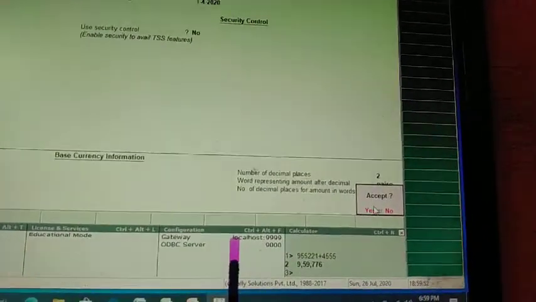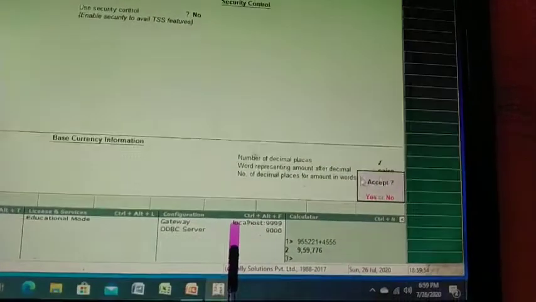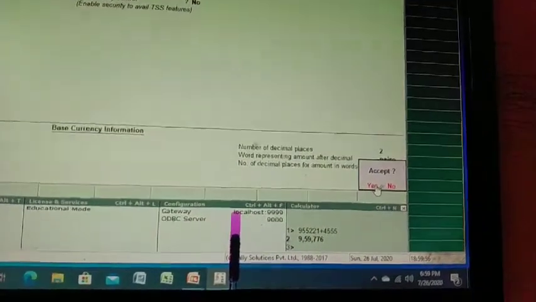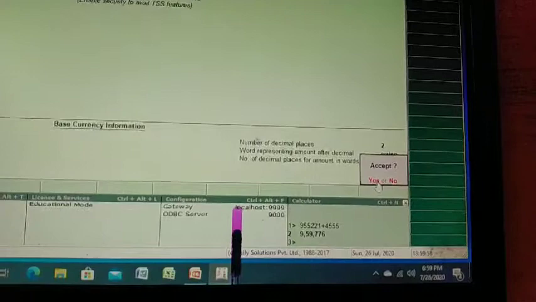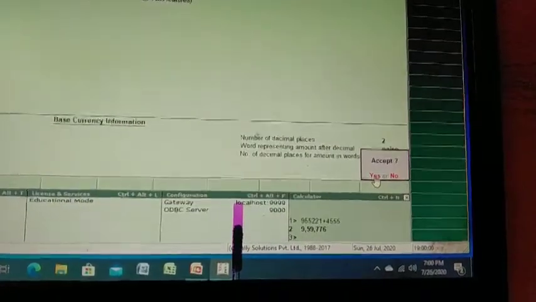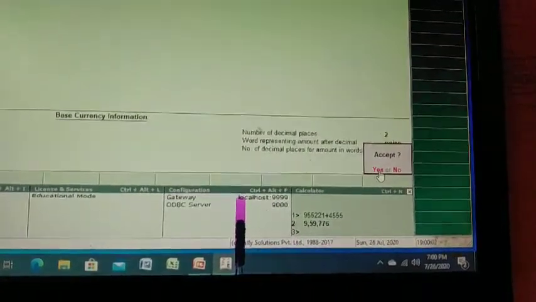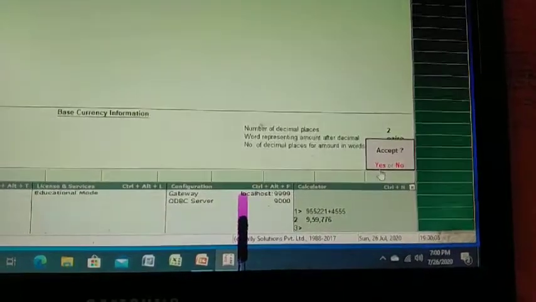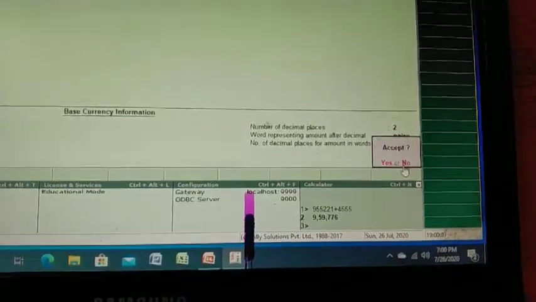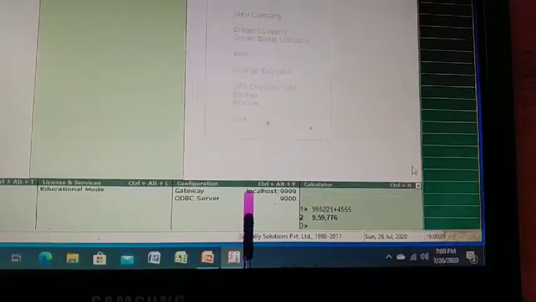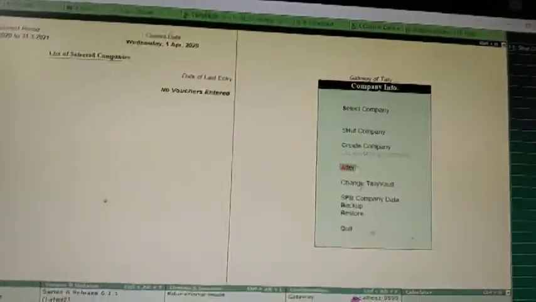You have to press enter, and when you get the accept prompt, again press enter, or mouse click, or press Y or N, however you like. So the changes are accepted. You cannot press escape before you get the accept option. So that's about alteration of company information.